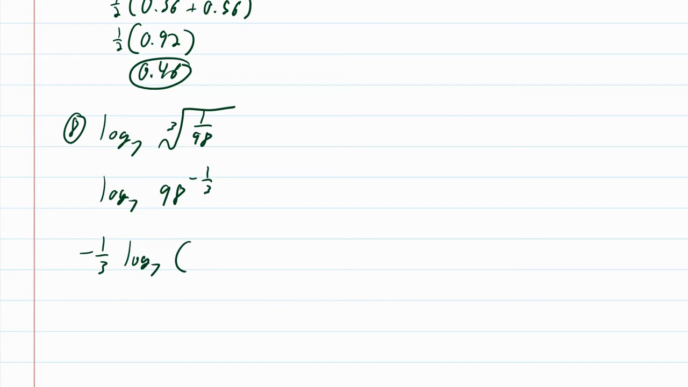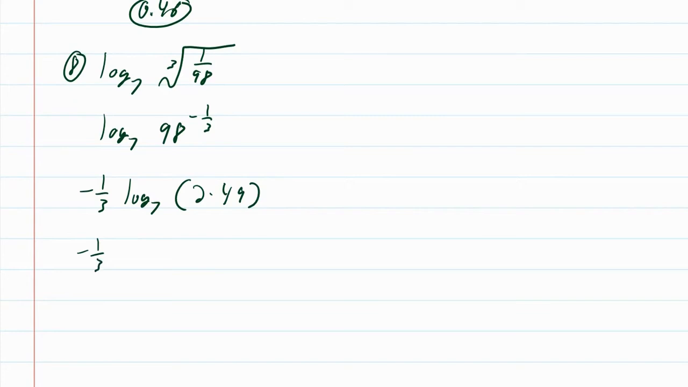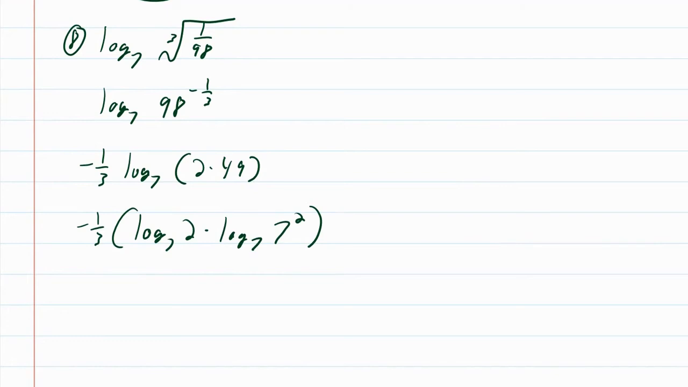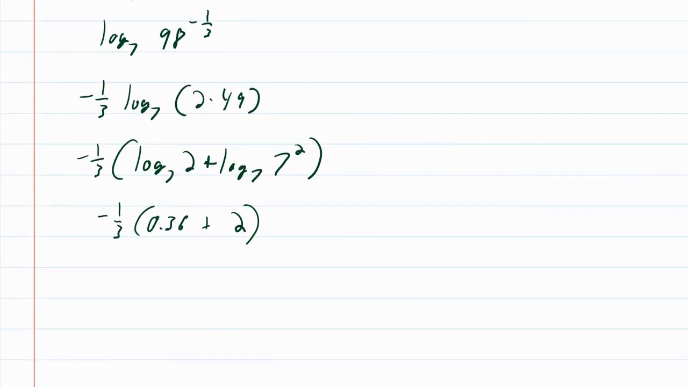And let's factor 98. 98 is actually 2 times 49. So if I break this up, I get negative 1/3 times the log base 7 of 2 plus the log base 7 of 7 squared. The log base 7 of 7 squared is 2. You can move the 2 out in front and see that you have the log base 7 of 7, but this is just the number 2. Sorry, this should be a plus sign here. And then the log base 7 of 2 is 0.36, and you have a negative 1/3 here. So what you end up with is negative 1/3 times